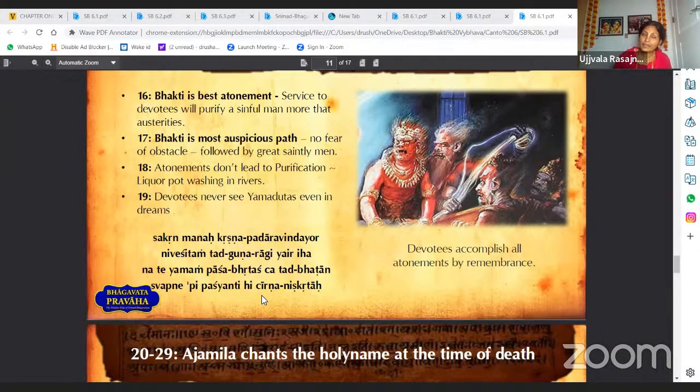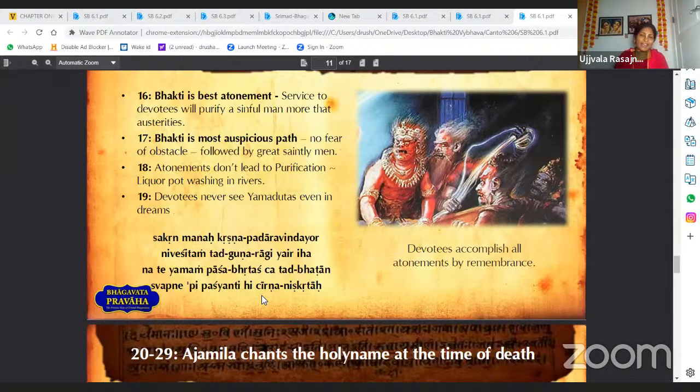When does that happen? When somebody does "Manah Krishna Padaravindayor Niveshitam Tadguna Ragihi", sakrit, even a little bit. So that is our hope, dear devotees. We may not be shuddha bhaktas, but sakrit, since we sincerely try to do our best in bhakti,